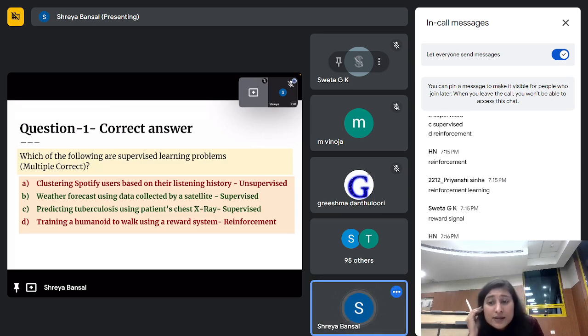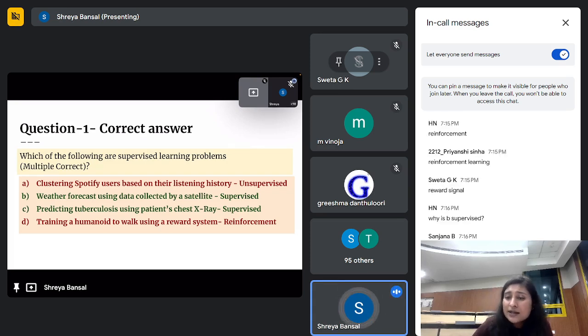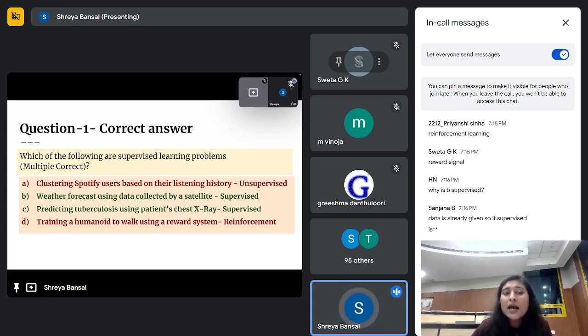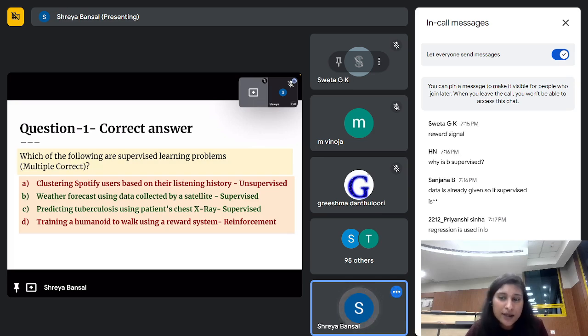Second question: why is B supervised? What is B? Weather forecast using data collected by satellite. Let me tell you, when you train your system, some data is already given to you. Correct, Sanjana? Some previous data is given to you. Weather forecast can be of different types. Priyanshi, regression is related